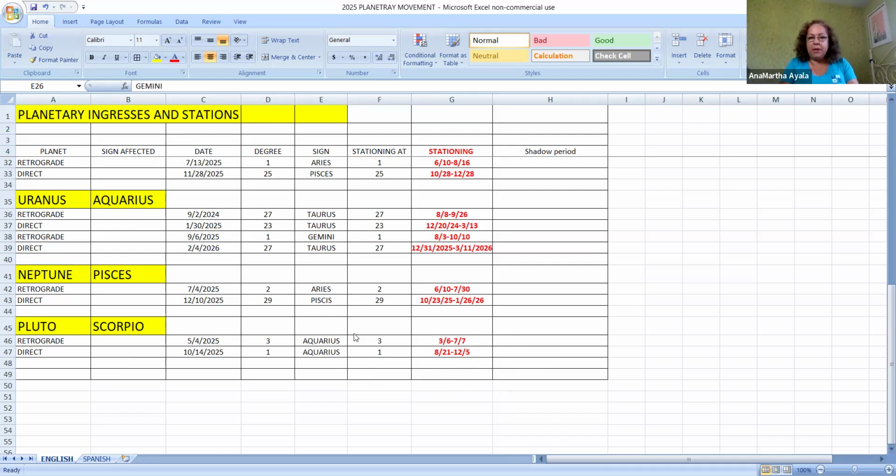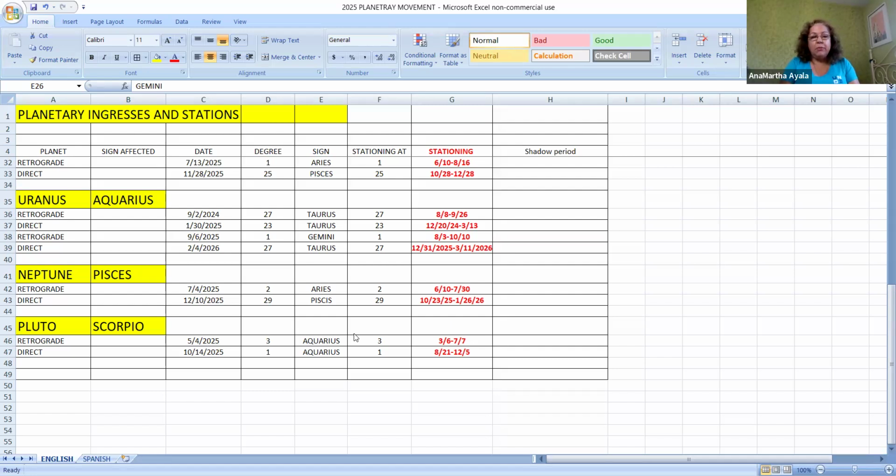So whatever's been happening with Pluto going back and forth over the 29th degree of Capricorn, this period of time will also impact it, even though Pluto won't go back to Capricorn, right? It's going to stay in Aquarius for the next 20 years. So Pluto's not going to be housed in Capricorn anymore.